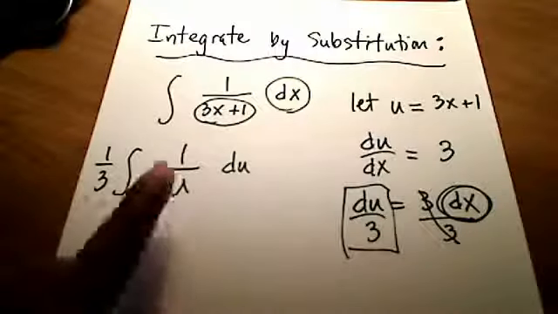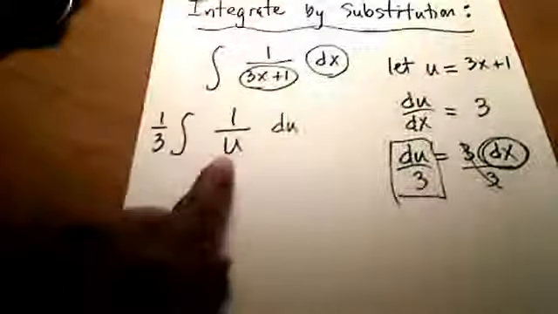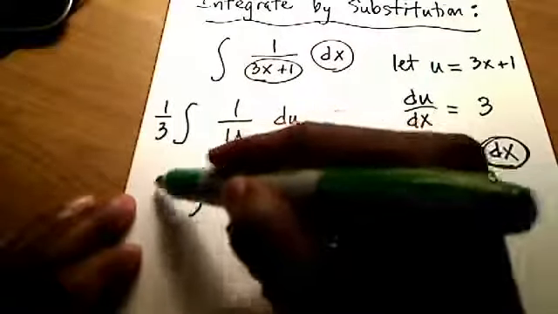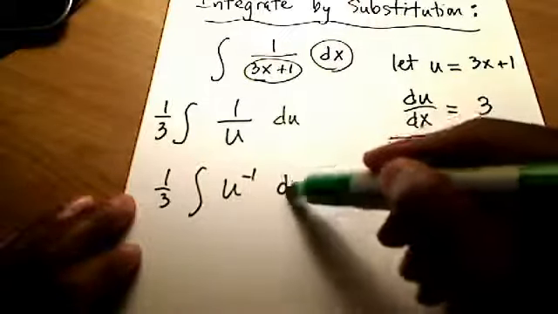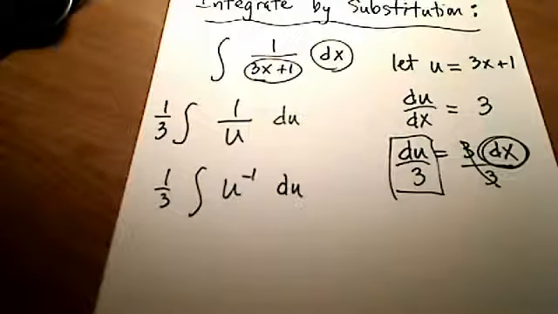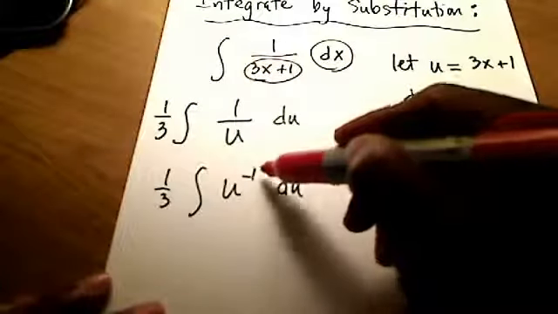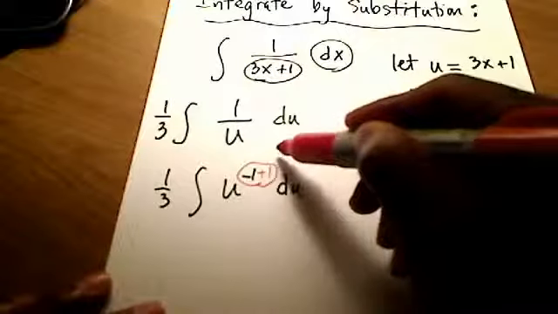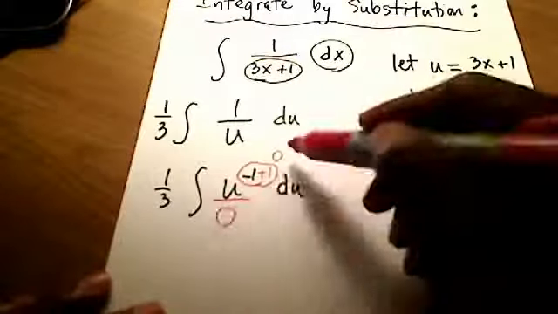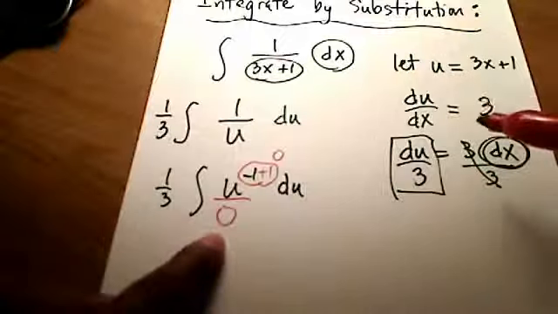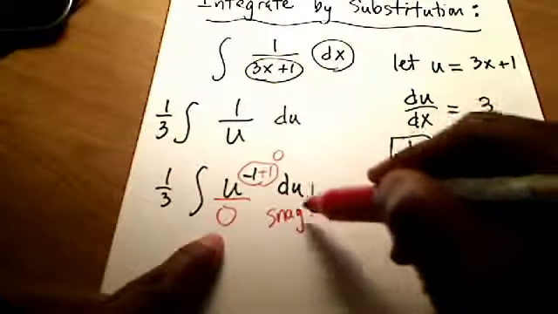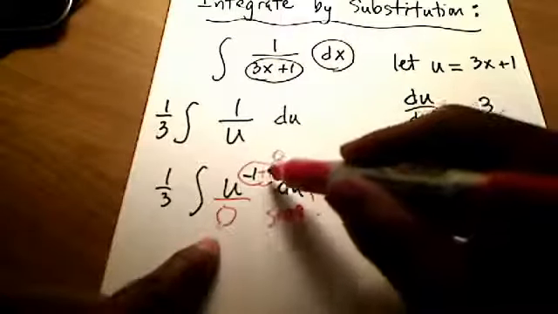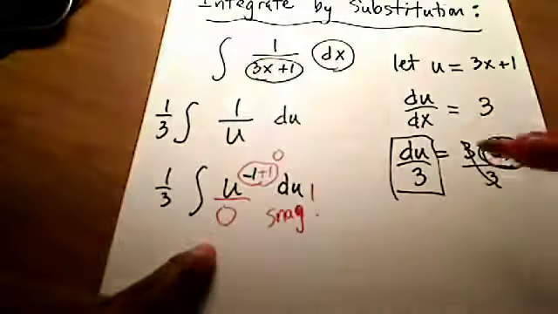Now, if you wanted to, you could write this 1 over u another way. We're going to run into a little snag here in just a second. I could rewrite this 1 over u as u to the negative first power. No problem. But what happens if I employ the antiderivative trick of add 1, which is now 0, and divide by that new exponent 0? Wait a second, we can't divide by 0. So I hope you see that here's our little snag. We can't add 1, which gives a new exponent of 0, and divide by that new exponent of 0.